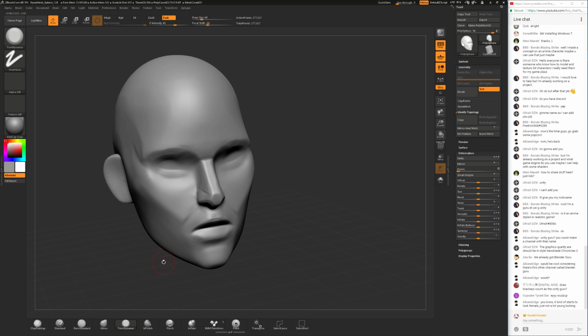And also the planes are very important to know which sections of the face belong together.